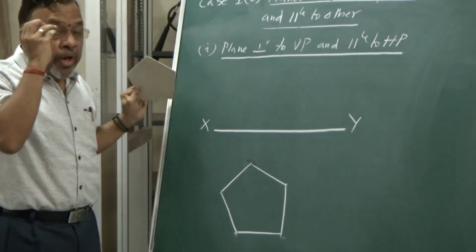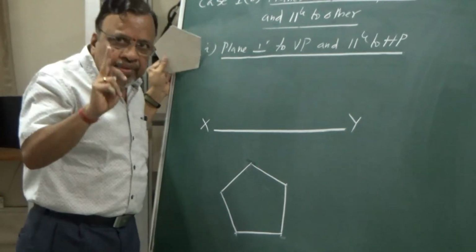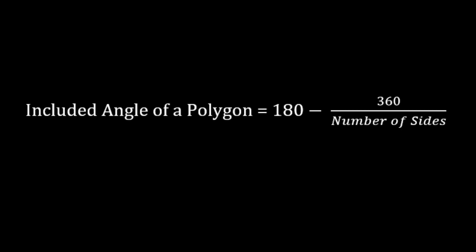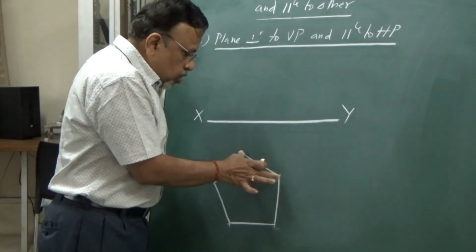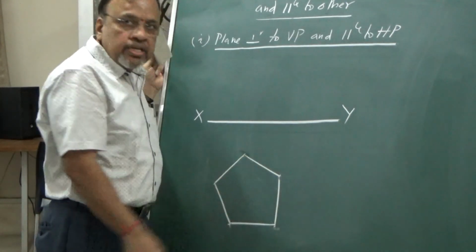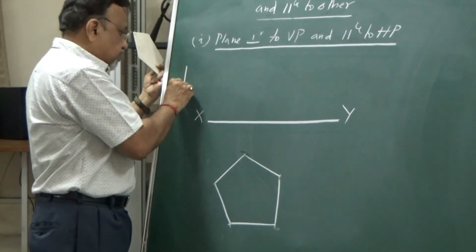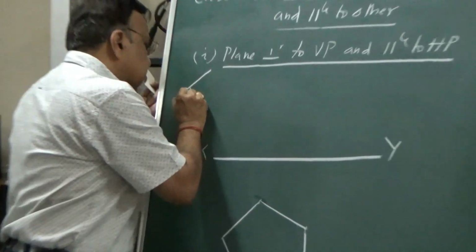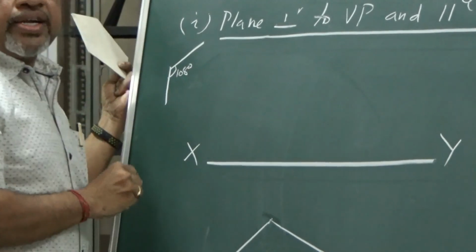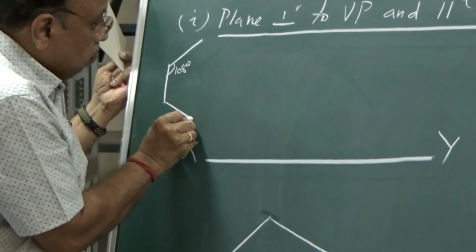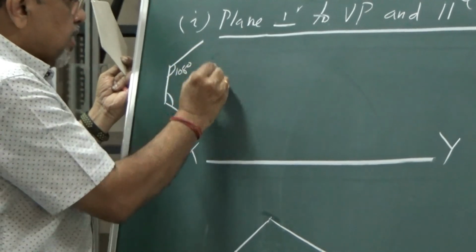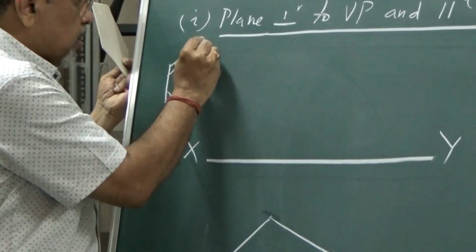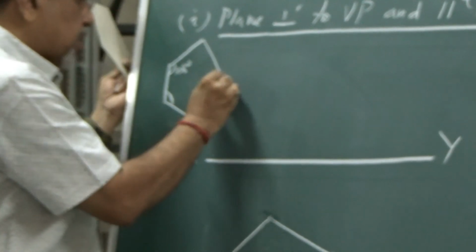Remember, whenever I want to draw the pentagon, your reference line is this particular line. With this reference line, I have drawn this pentagon. Let us say one of the sides is like this. I will start like this. Then what do I do? Here I will take the angle as 108 degrees. Here also I will take 108 degrees. Then I will draw the arcs, one arc from here, another arc from there. So I am going to get this pentagon.